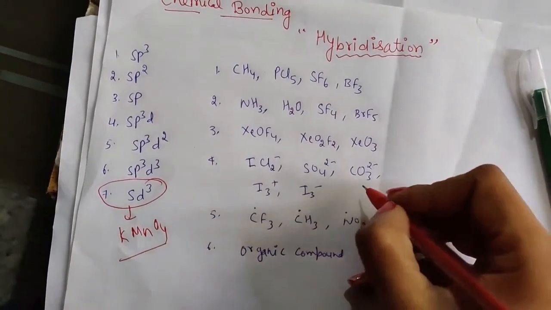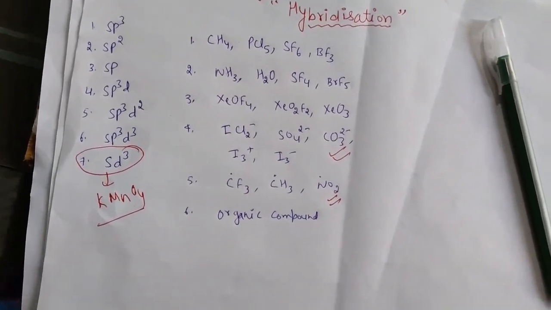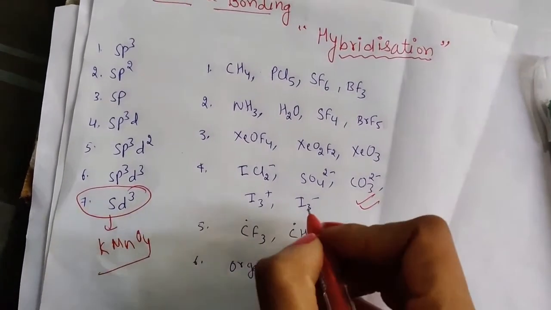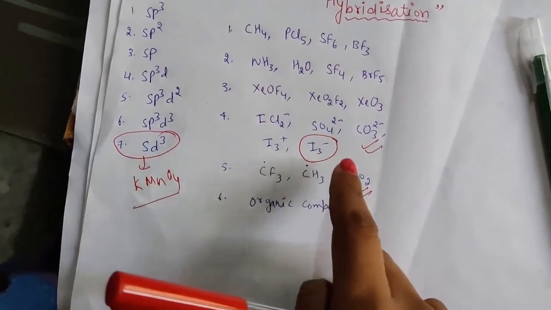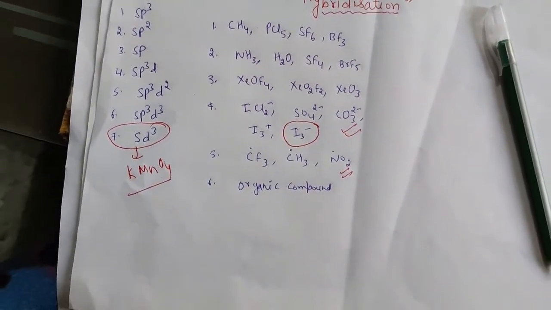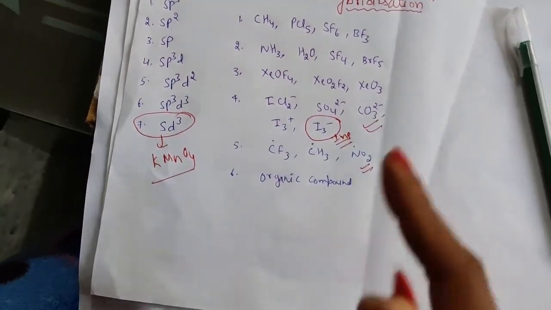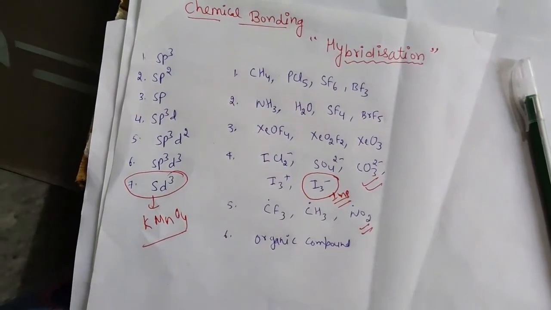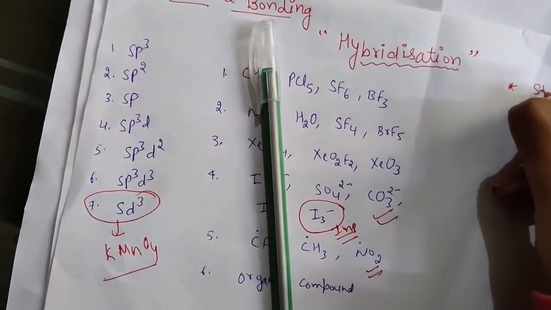I will discuss these two specific molecules because these generally come in the competitive exam. The most famous question is how many lone pairs are present in I3 negative. It is the most important and famous question of IIT JEE as well as NEET. So let's start with a trick known as the steric number trick.